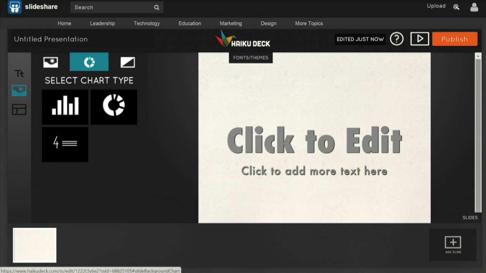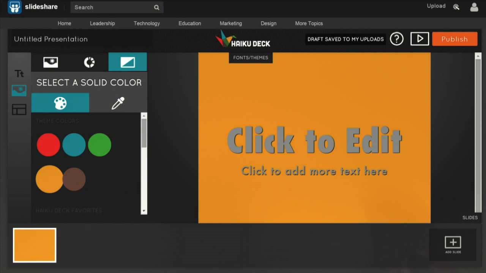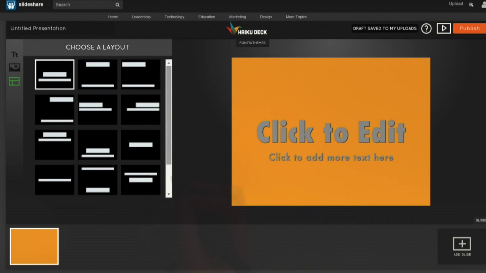Very clean and simple. You're going to be able to select a few different chart types, and also you can select a solid color for the background. Here I've selected an amber orange color. And then we have at this last menu item on the left, we have a layout. So this layout is going to depend on the type of slide that you chose way back at the beginning under the big T, little t. So if you selected a title slide, then here you are limited to just 2 or 3